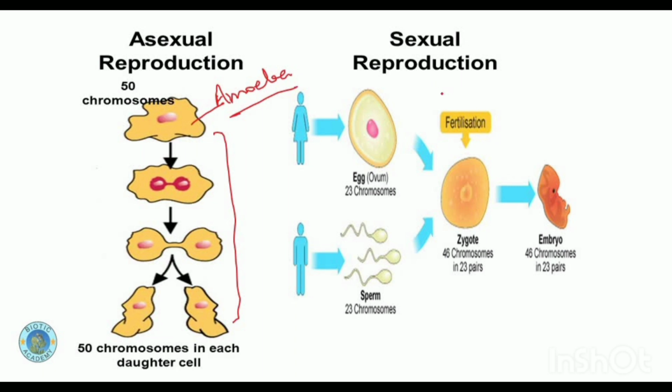Now, in sexual reproduction, we can take the example of humans, where we have two different sexes, male and female, and they produce egg cells in the female and sperm in the male. The process of fertilization takes place, where a new cell is formed, called a zygote, and then this zygote is converted into an embryo by the division of cells, following the process of mitosis. So these are the two types of reproduction which different organisms follow in order to increase their population.